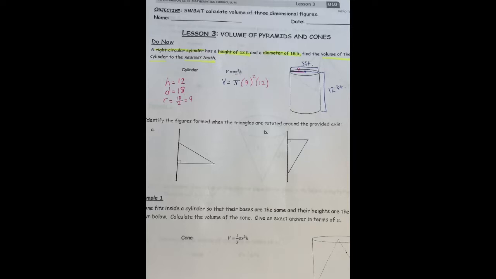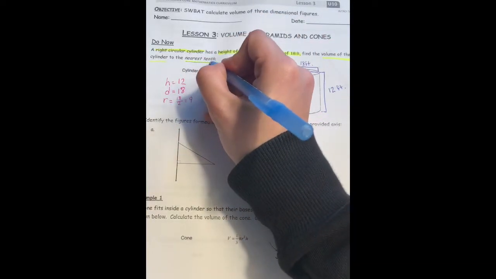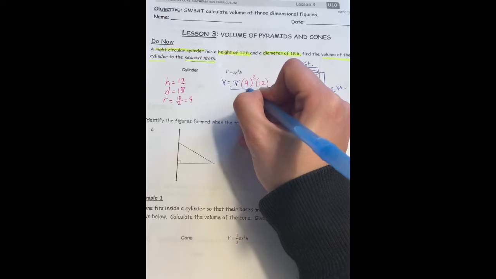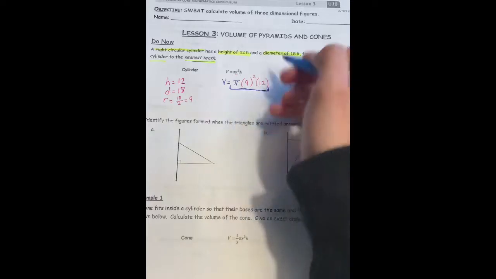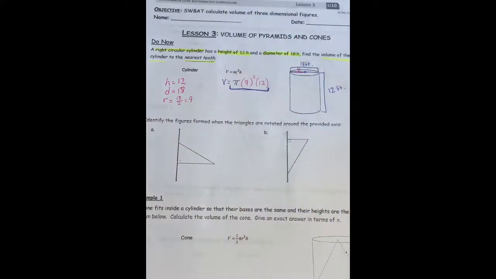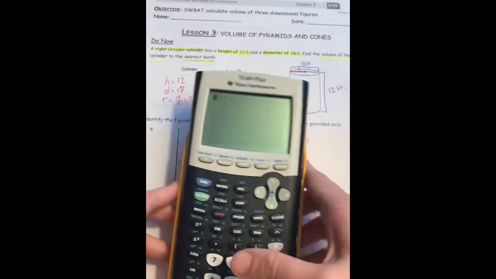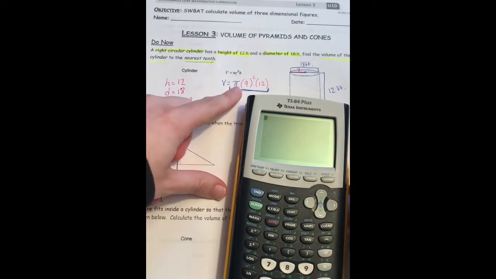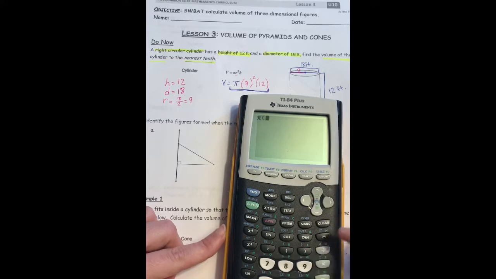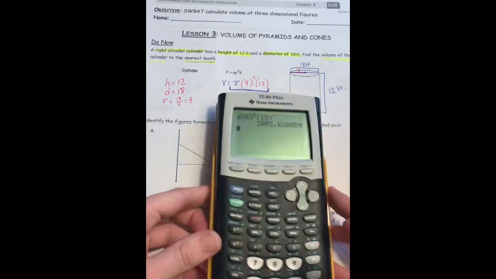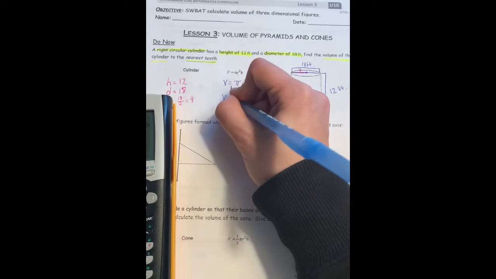Now, in the directions, it says to round to the nearest tenth. So whenever it says round to the nearest tenth, I can put everything in the calculator, including the pi. I know sometimes we don't put the pi in, sometimes we do. Whenever it says to round, we want to make sure we put that in. So you're going to go to your calculator. You're going to hit pi. So you're going to hit second, and then the caret key over here underneath clear. That will give you the pi symbol. Then you type in exactly what you see, parentheses 9, square it, parentheses 12, enter. You get this big long number. So you get V equals